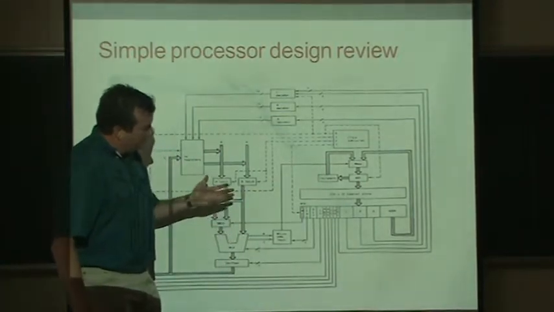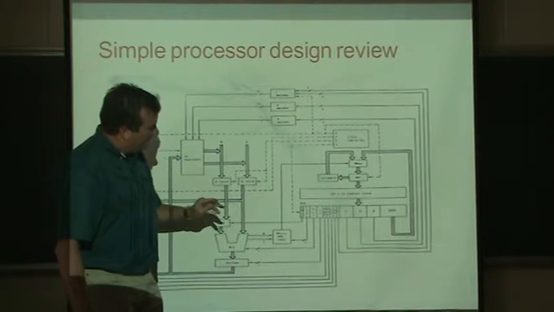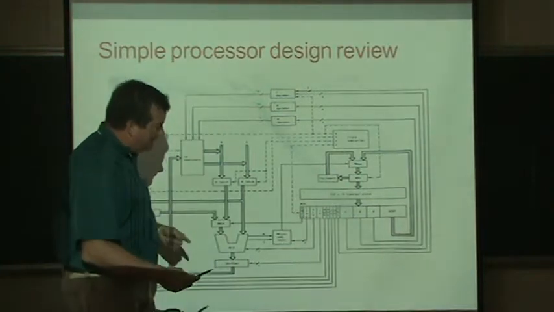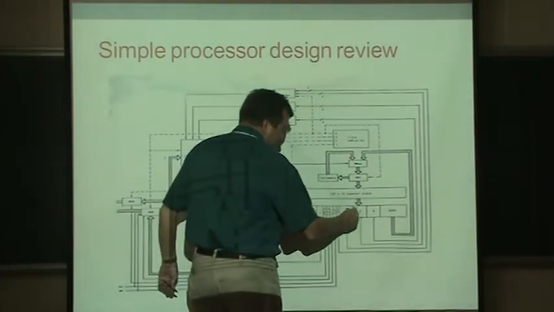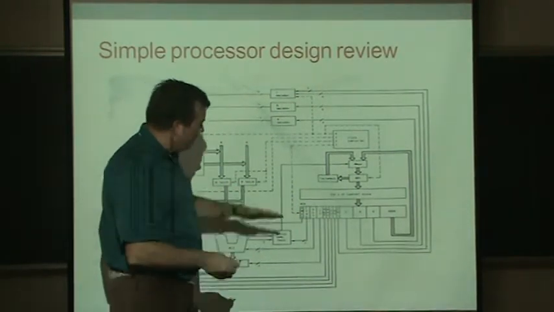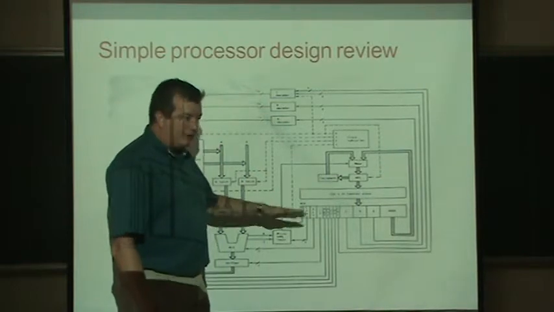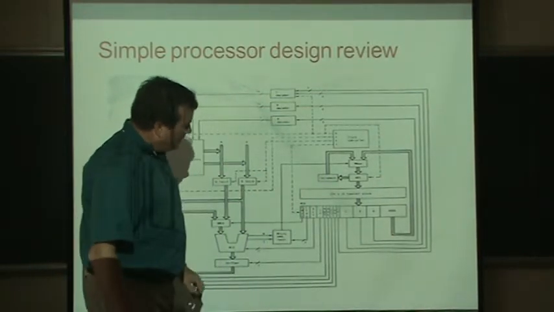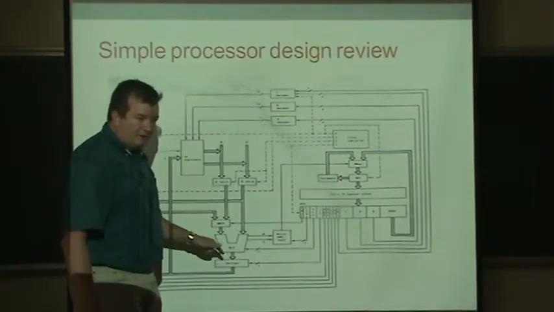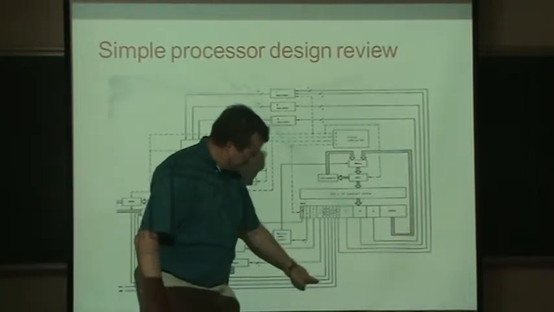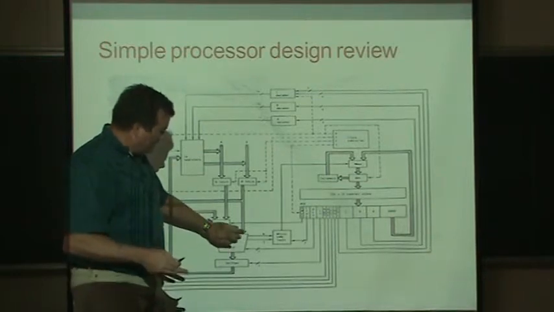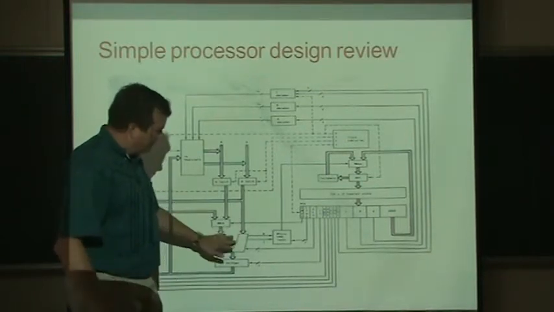So the first step we'd have to do is take our instruction and load it into this register. A second step would be, now that the instruction has been loaded, and that first step takes a certain amount of time, depending on how fast the electronics are for reading and writing to this memory location. Then each of these wires, whether they're on or off, will activate another piece of equipment within our processor. That takes a certain amount of time for the electricity to travel along the wire and then run through the electronics, the AND and OR gates, to turn on or turn off whatever bits need to be turned on for